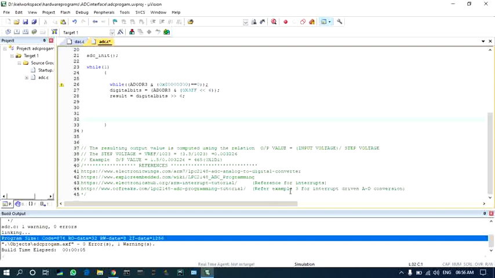For further references on ADC programming in ARM LPC2148, you can refer to the following websites. Especially for using interrupts, you should know the interrupts, vector interrupts, the registers associated with enabling the interrupt, and the other registers associated with interrupts. In order to enable interrupt driven conversion, you can refer to this website. You can refer to example 3 for the interrupt driven AD conversion.